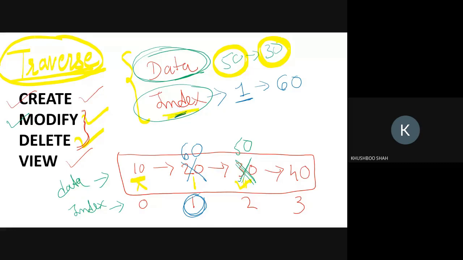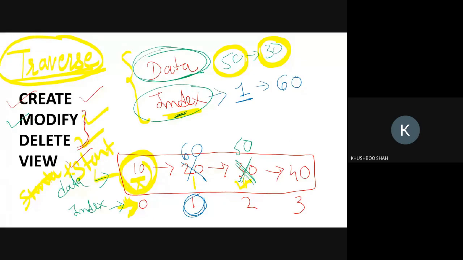Similar for the index. In index, I don't need to search. I normally want to go through all the locations, but make sure that you need to start from the start pointer. And your start pointer contains the address of the first node, right?